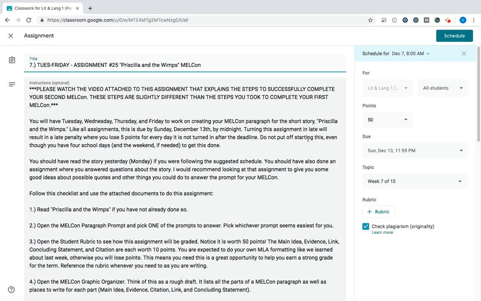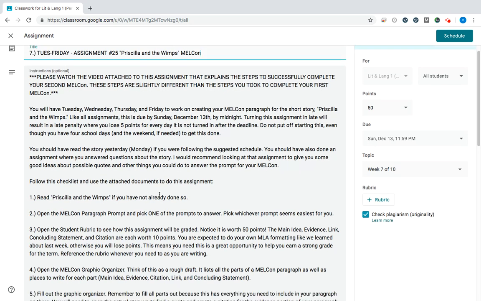So do not put off starting this. I know you have lots of time. I know you have other classes, but the reason I've given you this much time is because I want to make this as easy as possible for you. So do yourself a favor and start early so we know what we're getting into and how things are going, and then hopefully maybe we finish early and we can work on some other stuff.